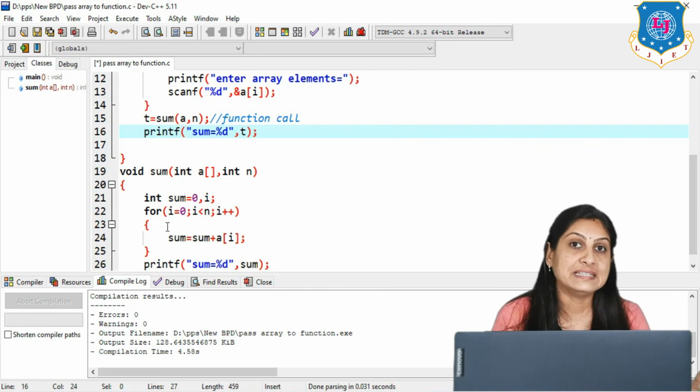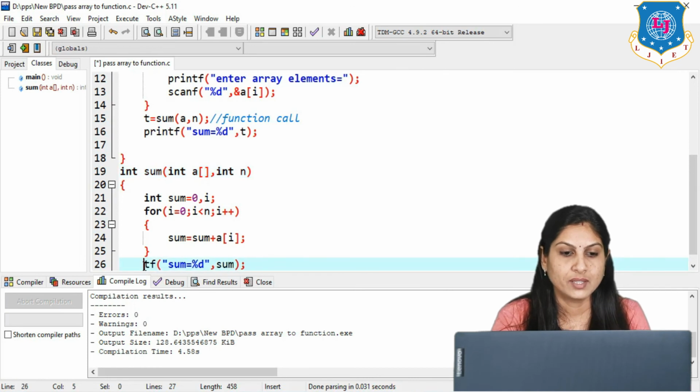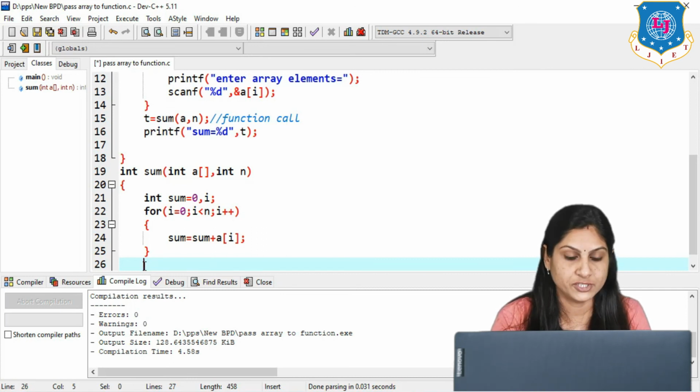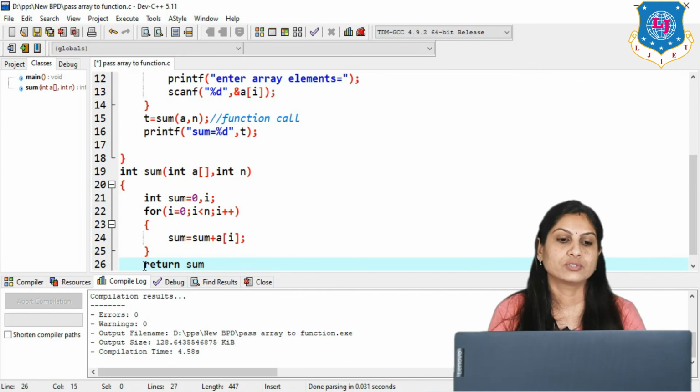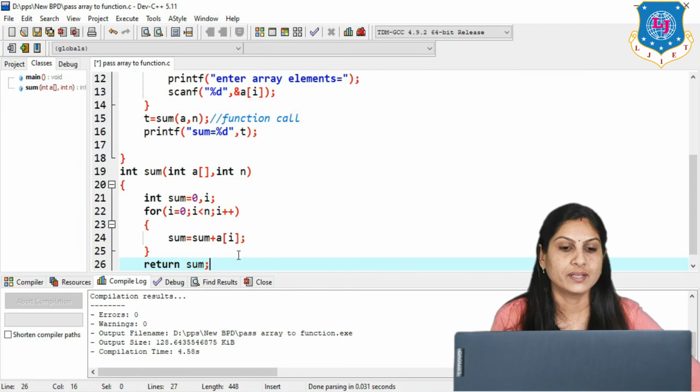Now what do we have to change inside this function definition? So we have to remove the void first, and instead of void we put the variable data type of sum, that is int. And then there is no need for the printf statement here, because when your category is with return, compulsorily in your function definition the keyword return is present. So here we have to write return, and which value do we want to return? That is the variable sum, okay. So here we have changed from printf to the statement return sum.